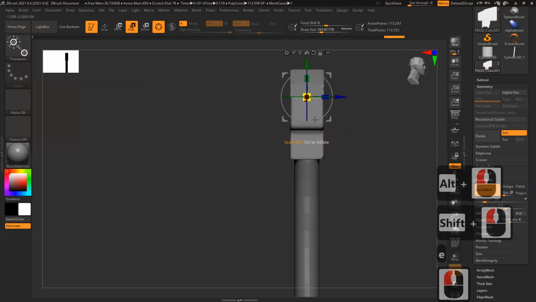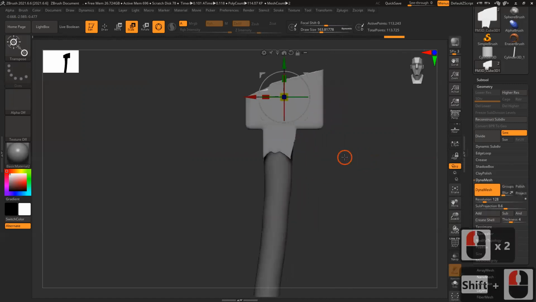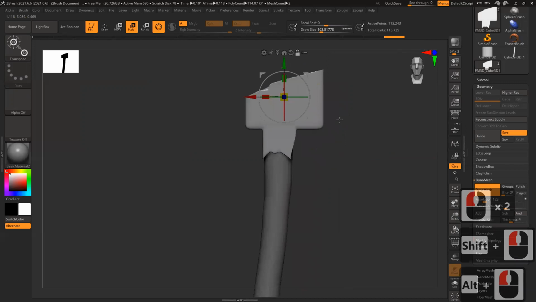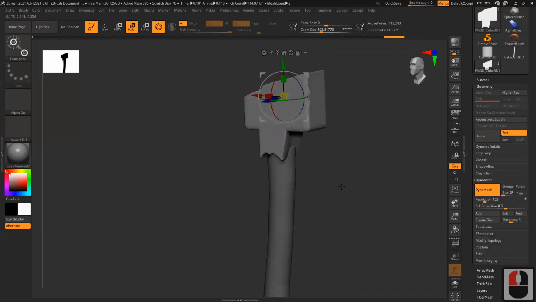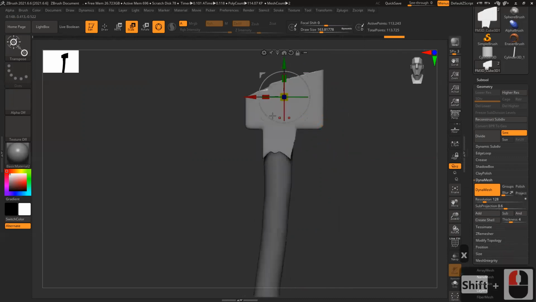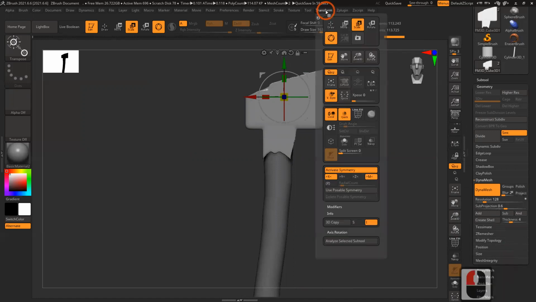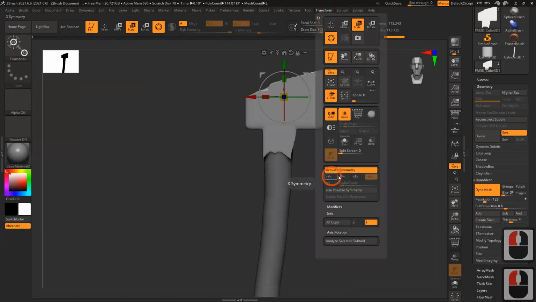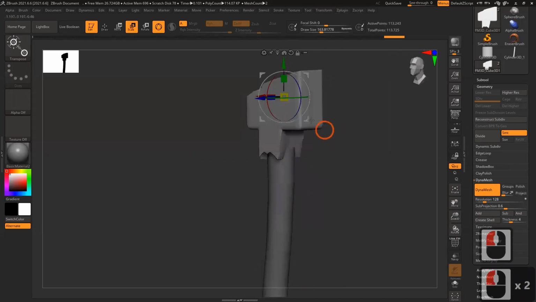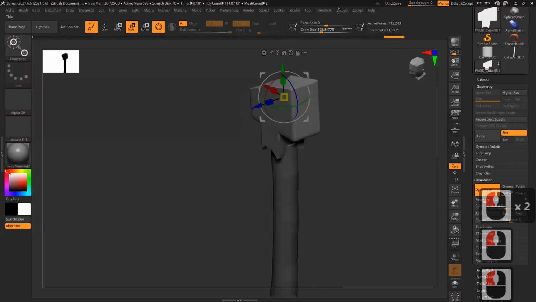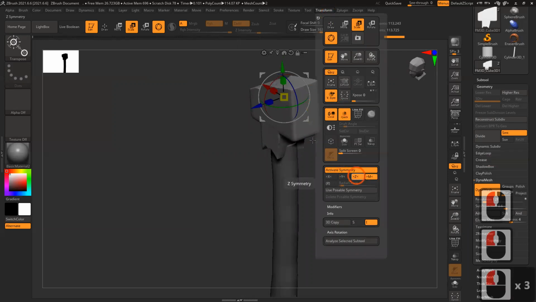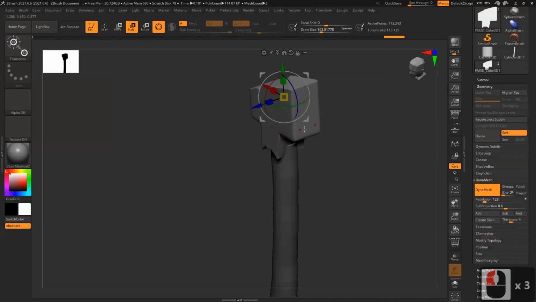So first I'll align this with the shape. So I can use symmetry also. For symmetry, that's my Z symmetry, I believe. If you press X from the keyboard, you can see it will switch on symmetry. This is X symmetry, but I don't want X symmetry. So I'll go to Transform, switch off X, switch on Y. I believe it's not Y. Okay, it's Z only. Yeah, Z symmetry. See, it's working perfectly.